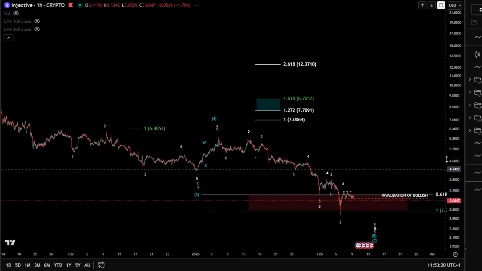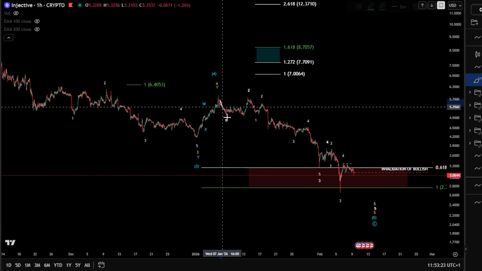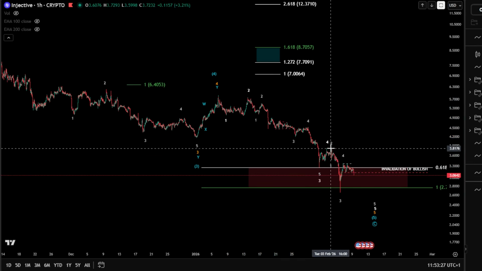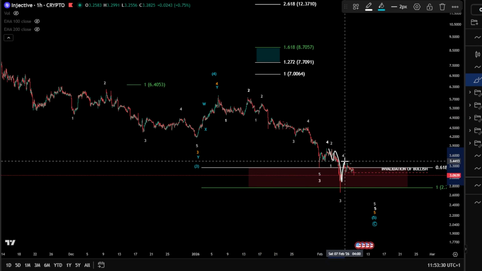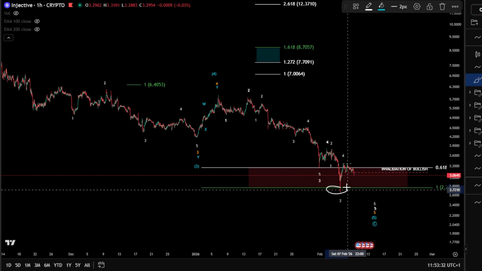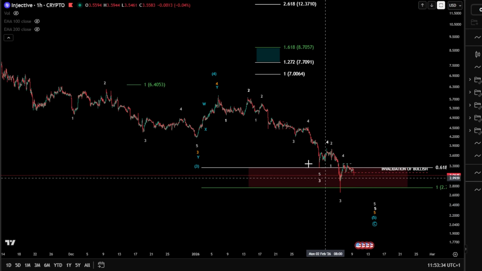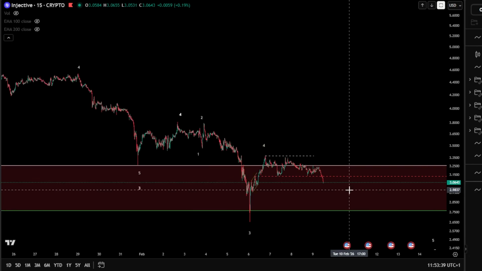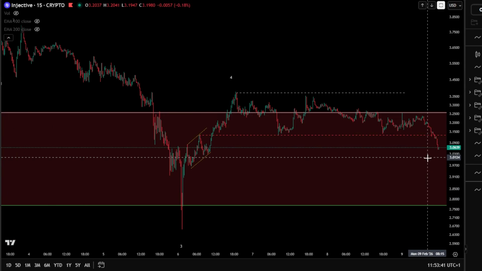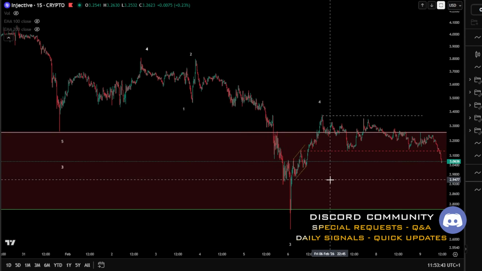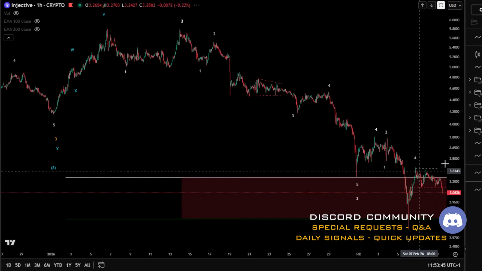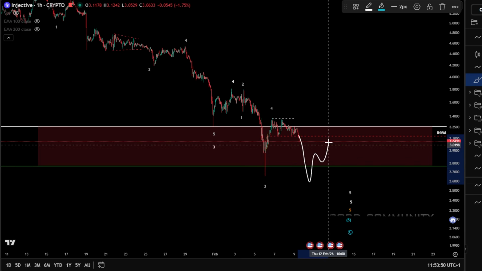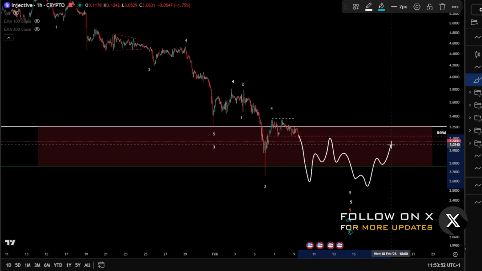Internally, to finish, of course, this final impulse anyway, we are still in a 1, 2, 1, 2, 3, 4, and a 5. 4 and a 5 still unfolding as a 1, 2, 3, 4, and a 5. So one more low, of course, here to take the low for Injective. And of course, we're still pushing impulsively toward the downside. I would say, yeah, simply taking the low right now. This is how the crypto market is going to work right now. Simply taking the lows, going corrective, taking the low, and going corrective again